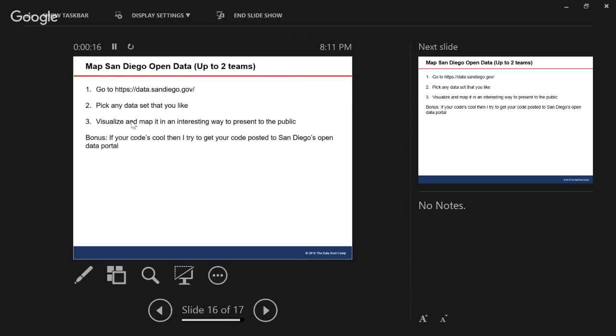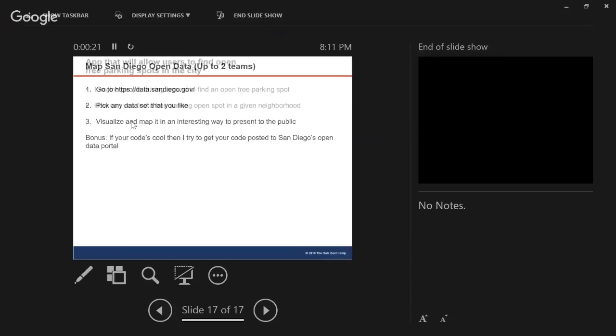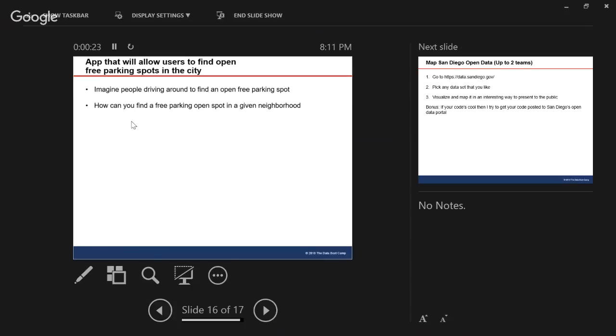The other one that I have is finding free parking spots in the city. So you're driving and, like how Waze works, there could be a way to tag locations that are free and open, and then you can find a parking spot. So if you go to this URL, you could find an open parking spot. This is also something that I know City of Carlsbad wants to implement, and so we might be able to get some more